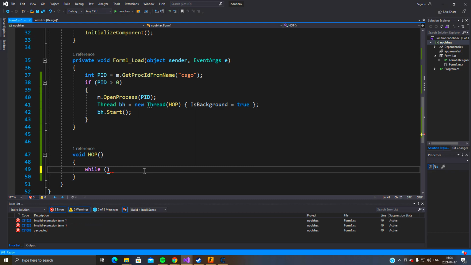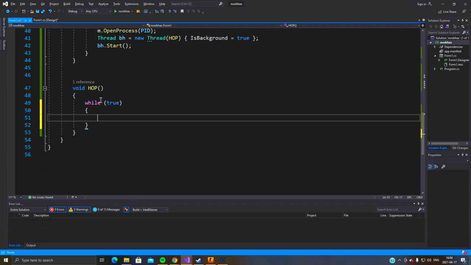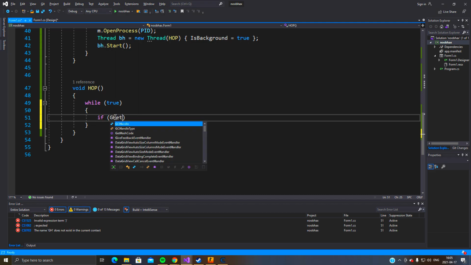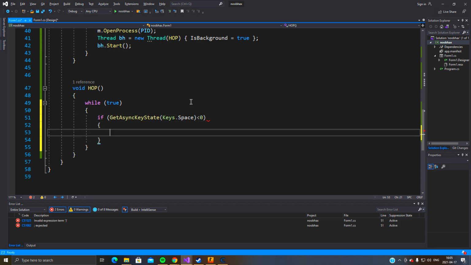Because this thread will only run the function once, we'll have to make it run forever, which is while true. This will always run, since true is always true. If we had used a variable it could change, but this will always run. So while true, we'll check if we have our hotkey down, which is get async key state and keys dot space, the spacebar. So what this means is if the spacebar is down,